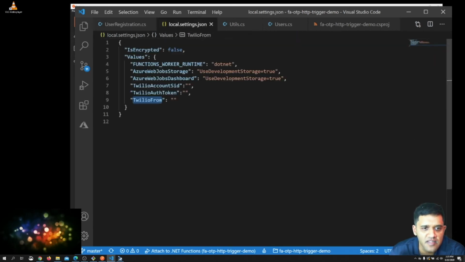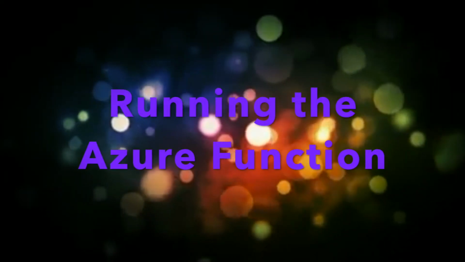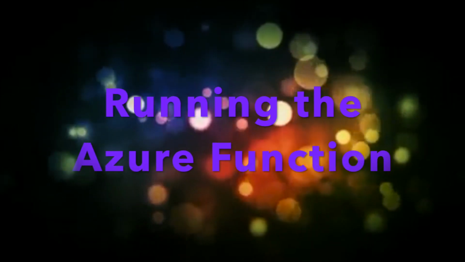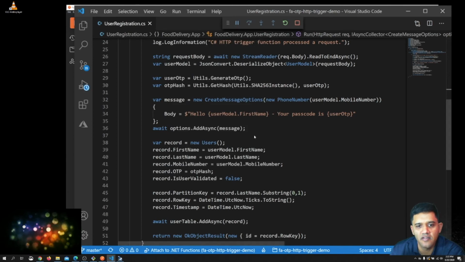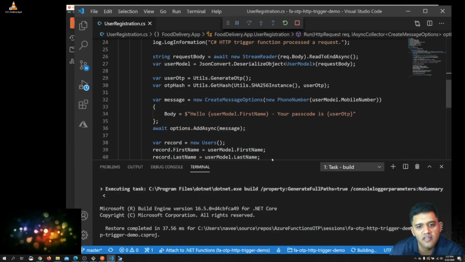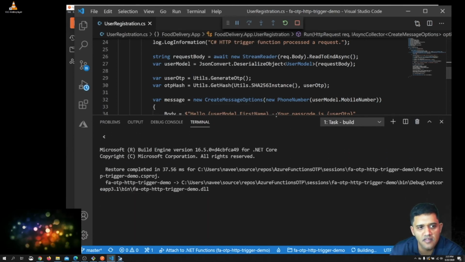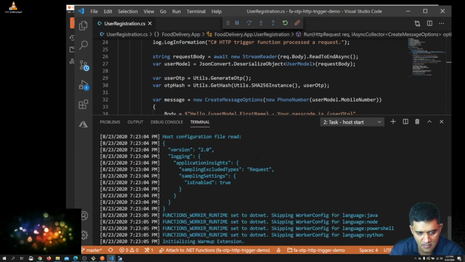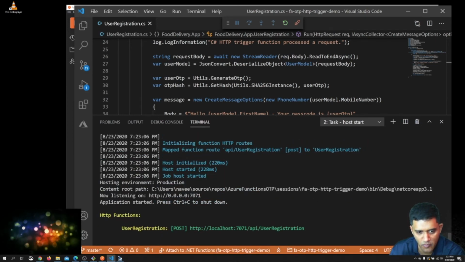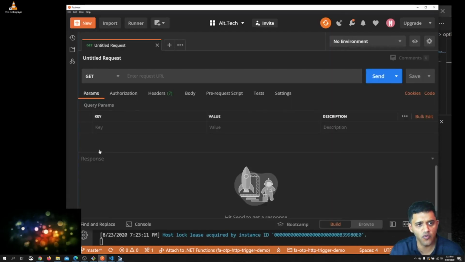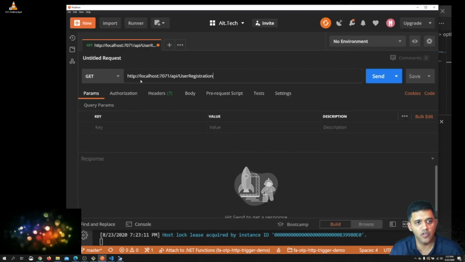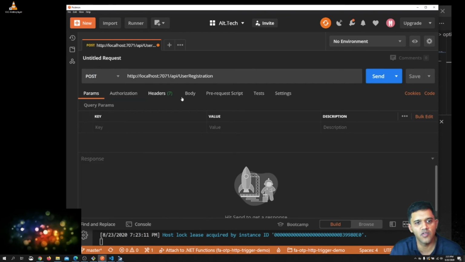So I'm going to fill up these values and then run the function. I'm going to run the function now, start debugging here. I've already entered the configuration parameters in my local settings file. So I'm going to copy this endpoint here. I'm going to Postman, and I'm going to create the user registration request.